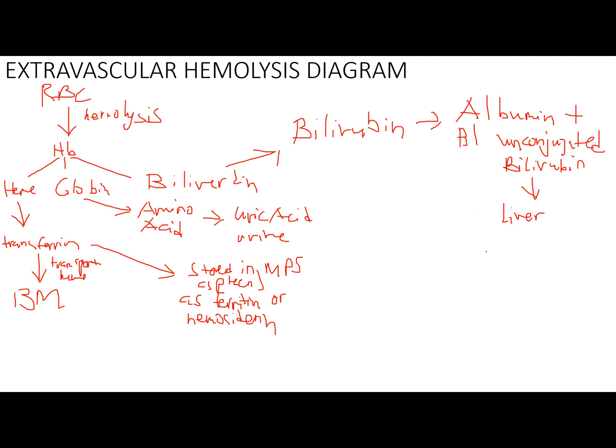And in the liver class, it is converted by your enzyme bilirubin glucuronide, sorry, glucuronide, to become your B2 or yung tinatawag natin conjugated bilirubin